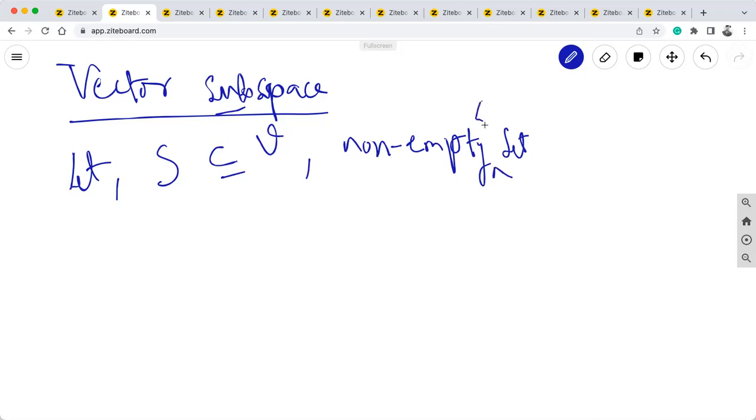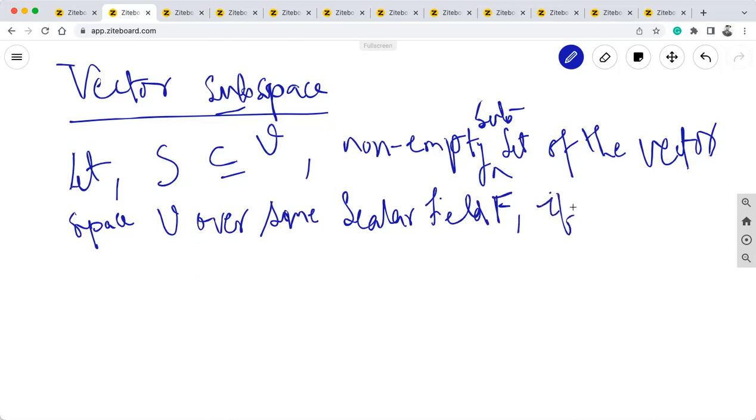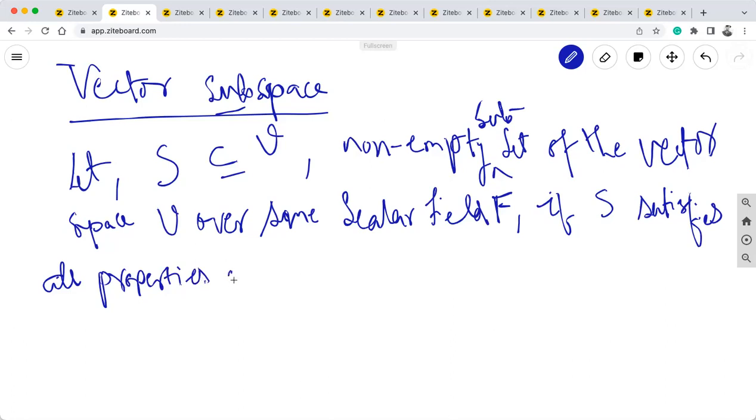We say it is a non-empty subset of the vector space capital V over some scalar field F, if the subset S satisfies all properties of a vector space,